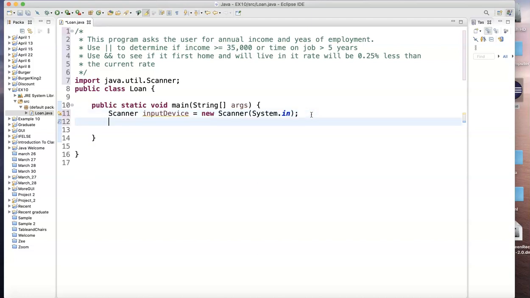So I'm going to ask you for the interest rate. I'm going to ask you for the number of years of service. I'm going to ask you, is this your first home? I'm going to ask you, are you going to live in the house or not? So let's begin with the income. Income and number of years, both are decimal values. So double